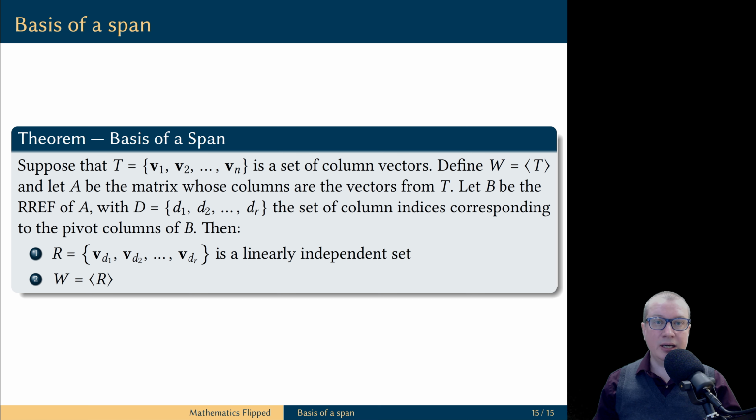So in essence, linearly independent sets are the most efficient ways to describe spans because these sets contain all the essential information. You cannot get rid of any vectors from a linearly independent set. This result also uses a new word, basis. This is not an accident. It is a very definite and specific terminology, and we will understand the meaning of the word basis when we start talking about abstract vector spaces. Here's a quick preview. A basis is a linearly independent set which also spans a given space.